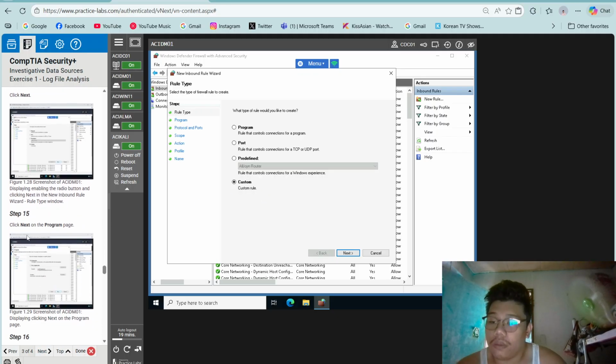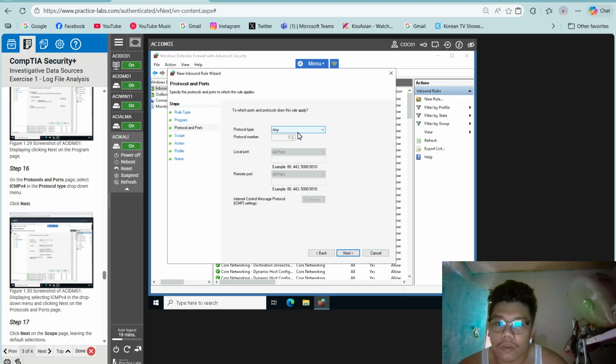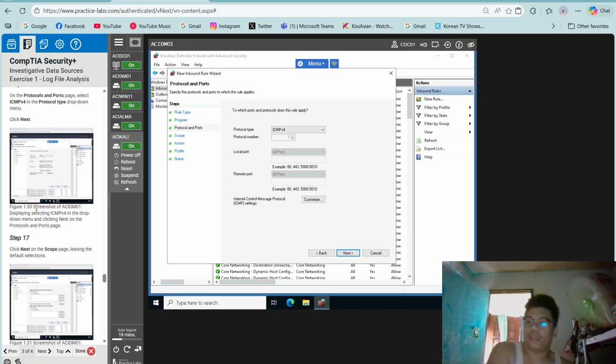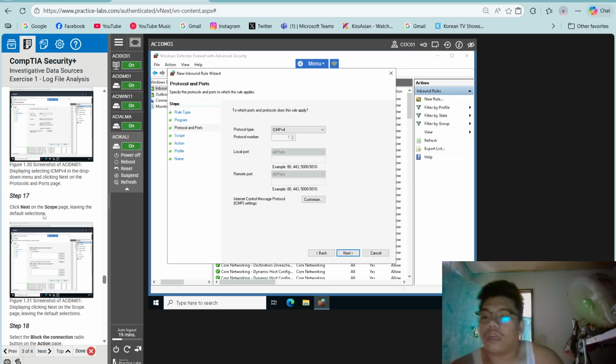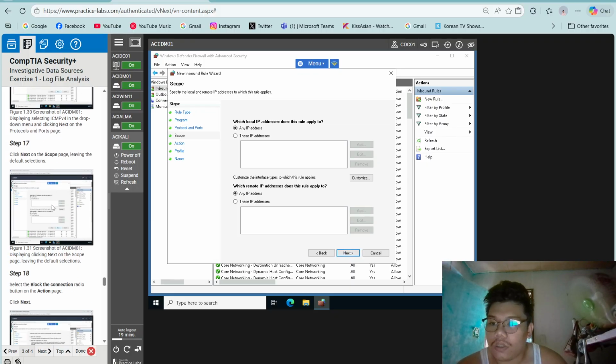Then step 15, click next on the program page. Step 16, on the protocols and ports page, select ICMPv4 in the protocol type drop-down menu. Next, step 17, click next on the scope page, leaving the default selections.